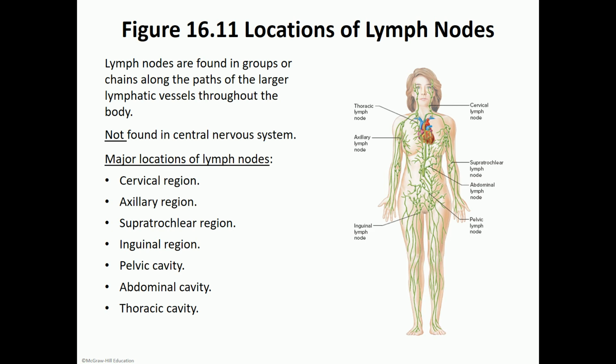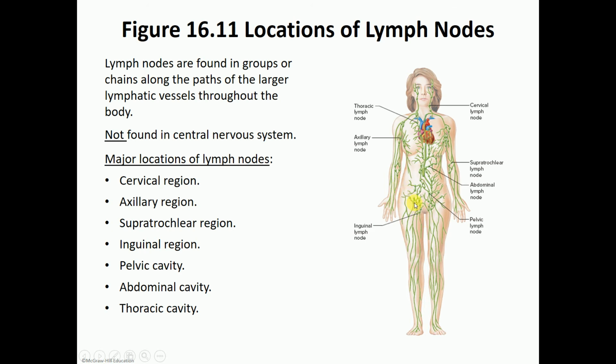Now, your lymph nodes, again, are scattered throughout the whole body with one exception, and that is the CNS. So the central nervous system does not have lymph nodes. Major locations of lymph nodes: you'll find them in the cervical area. These are the ones that we can palpate, we can feel them if they are enlarged or if there's an infection. The axillary lymph nodes in the armpit, there are the inguinal lymph nodes